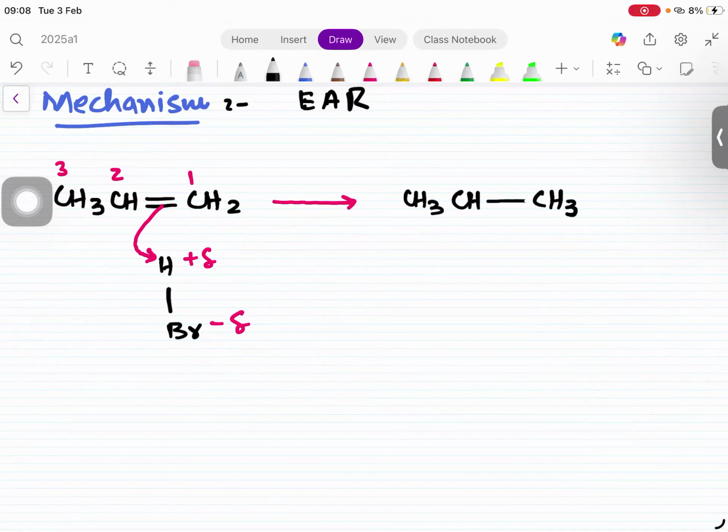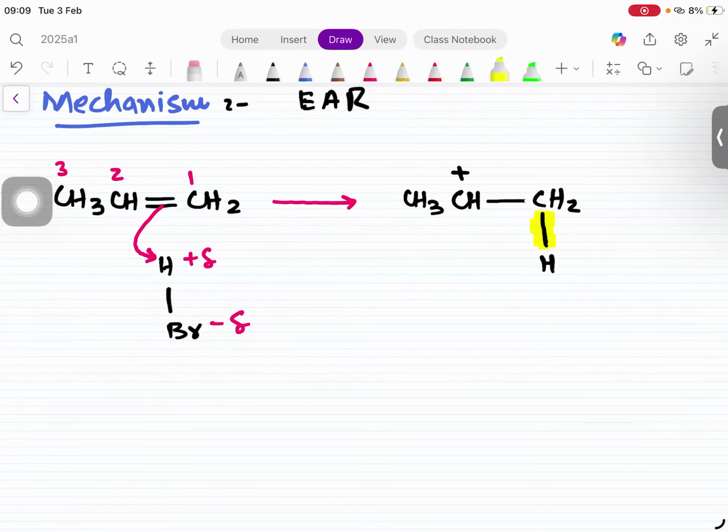And the other carbon has lost an electron. Why lost an electron? Because carbon number 1 has taken the electron pair. It's its own electron and carbon number 2's electron, that pair is now used to attach the hydrogen. Okay? So this gets a positive charge. Let me show it like this so you can have the concept clear. This is CH2 and this is the hydrogen. Now this hydrogen,